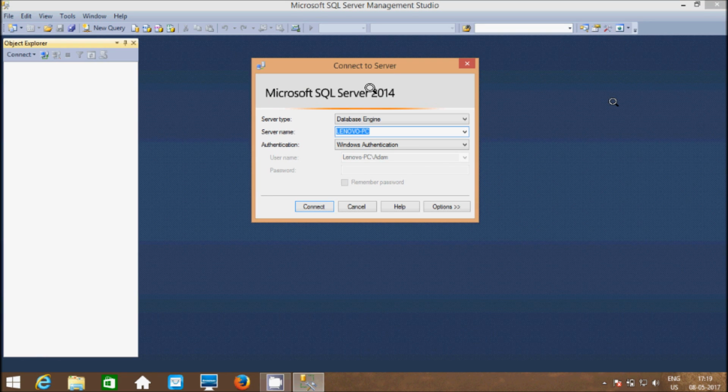Right here, Microsoft SQL Server 2014: server name Lenovo PC, server type database engine, and authentication Windows authentication.